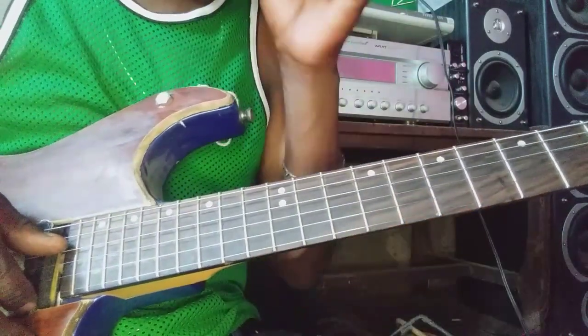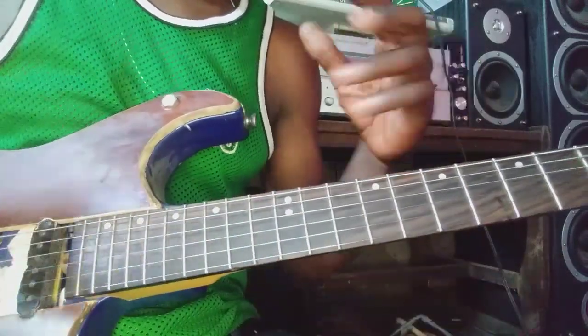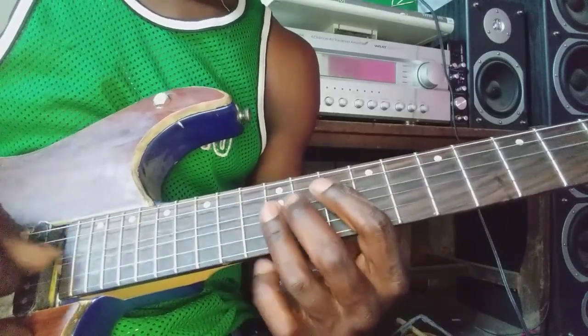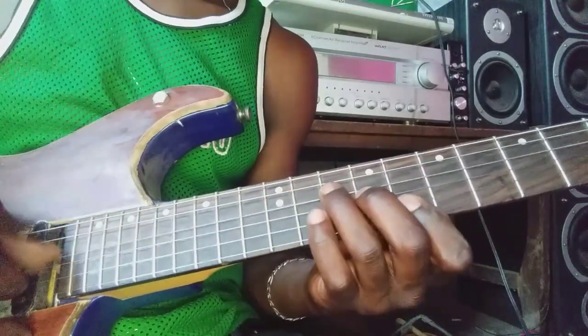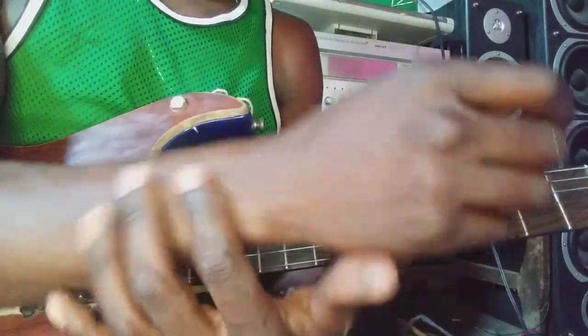Just for example, I'm gonna play without the pullings and then I play it with the pulls. Then you can compare the difference. You can hear, it's not a steady rhythm, but if you play like this,